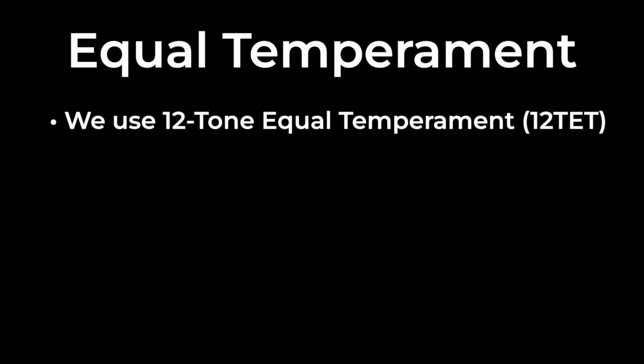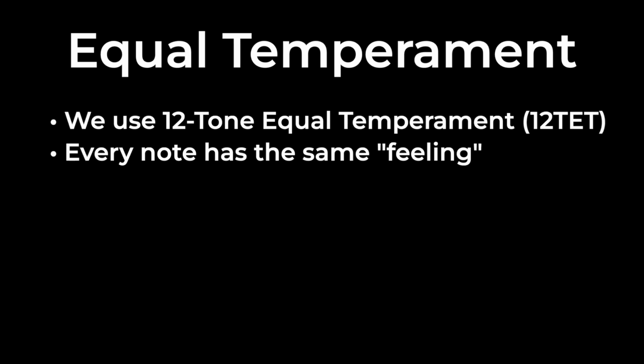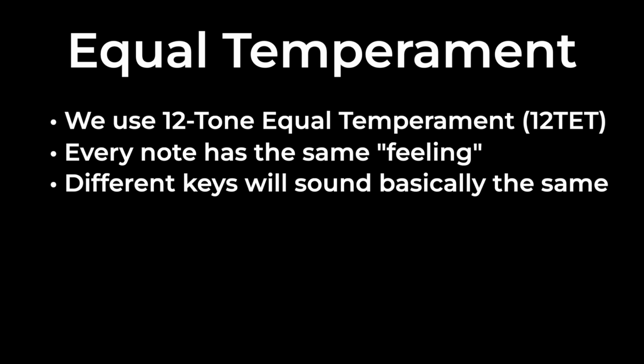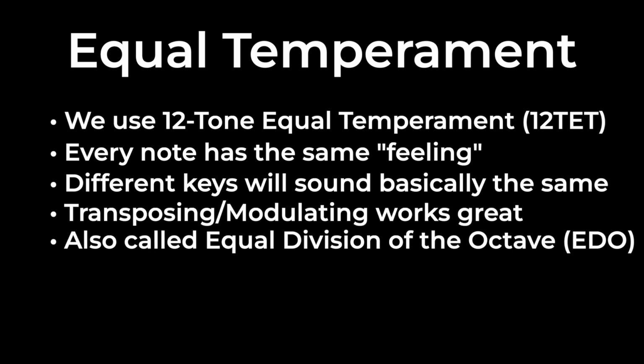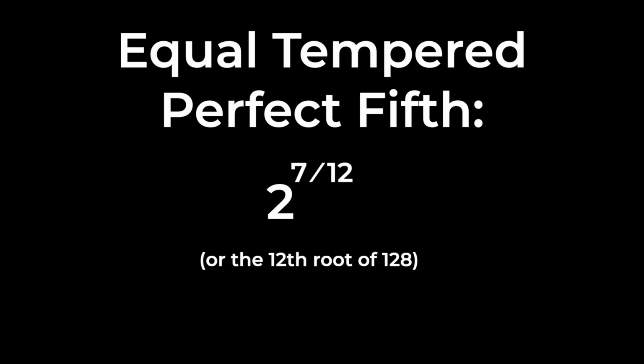Equal temperament, on the other hand, is about taking the distance in an octave and giving each note equal weight, dividing it up equally, which is why you might also see it referred to as equal division of the octave, or EDO. If we look at the ratio of an equal tempered perfect fifth, we get 2 to the power of 7 over 12. That looks a lot more complicated than a simple 3 over 2, but let's go back